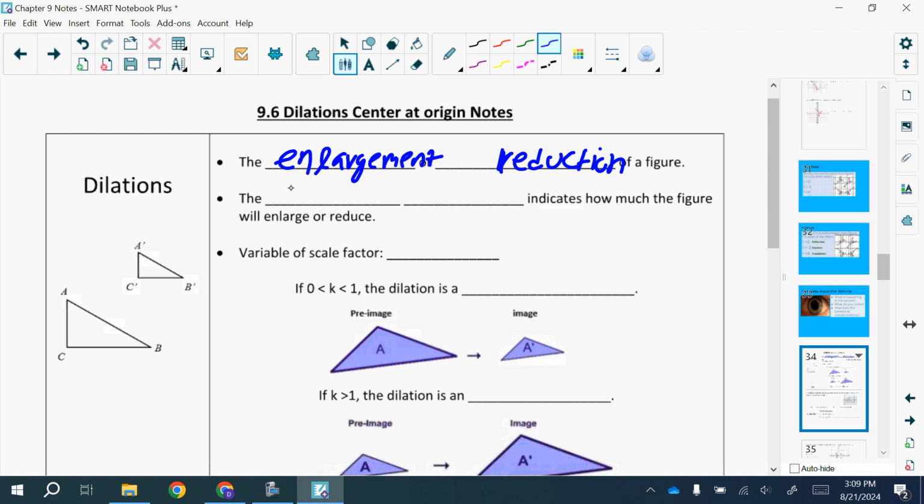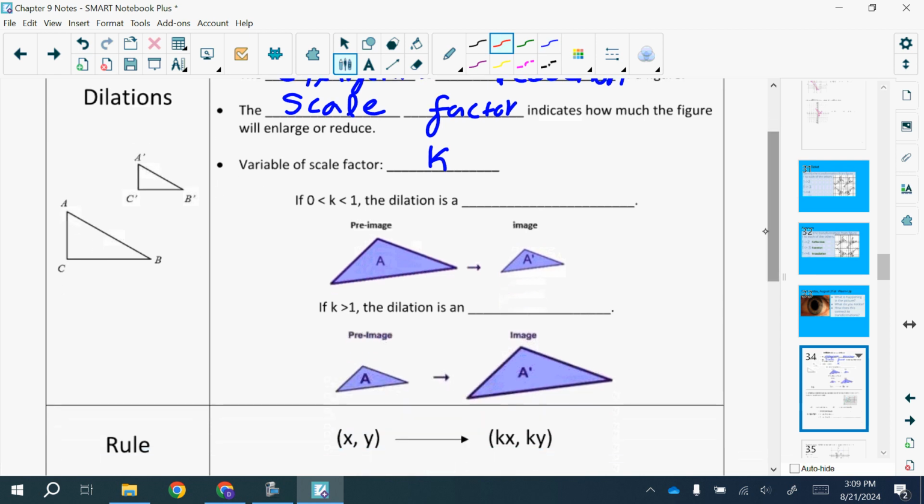So, the scale factor indicates how much the figure will enlarge or reduce. We typically denote the scale factor with the letter K. If K is between 0 and 1, so essentially a fraction or a decimal that's less than 1, and also positive,